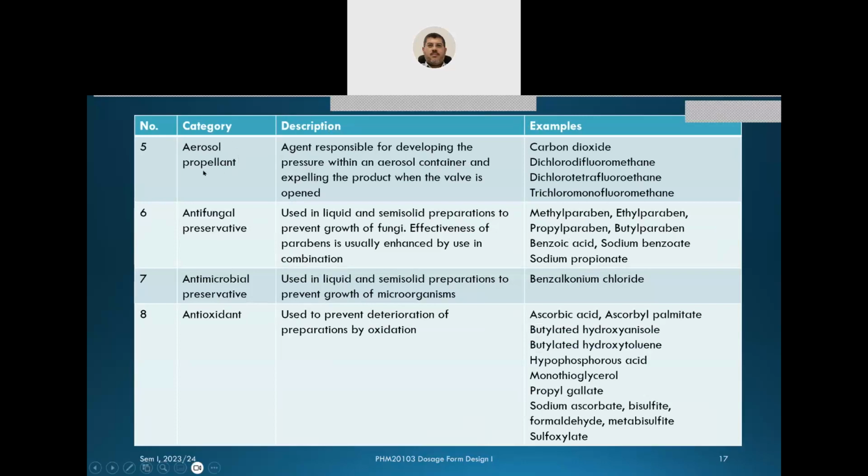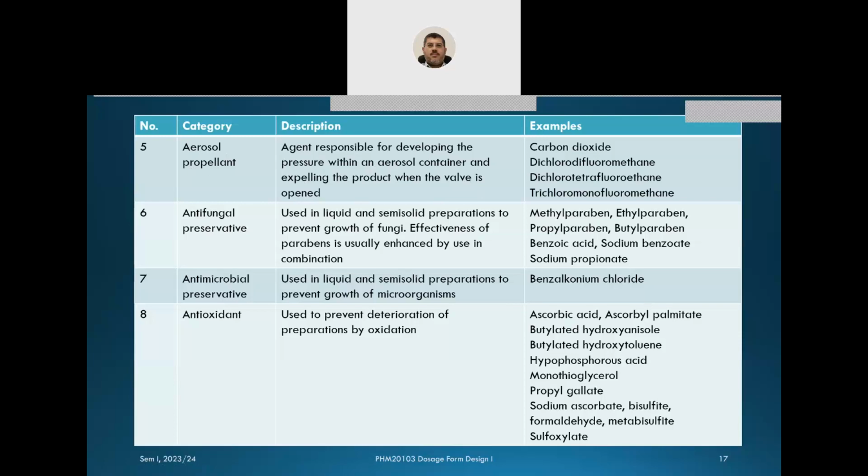Some excipients function as an aerosol propellant. This is an agent responsible for developing the pressure within an aerosol container and expelling the product when the valve is opened. In aerosols, there is usually a compressed gas, and this compressed gas is liquefied by compression. So inside the container, most of it may be in a liquid form, and there is a gas also in the space above the liquid, and this causes certain pressure inside the aerosol